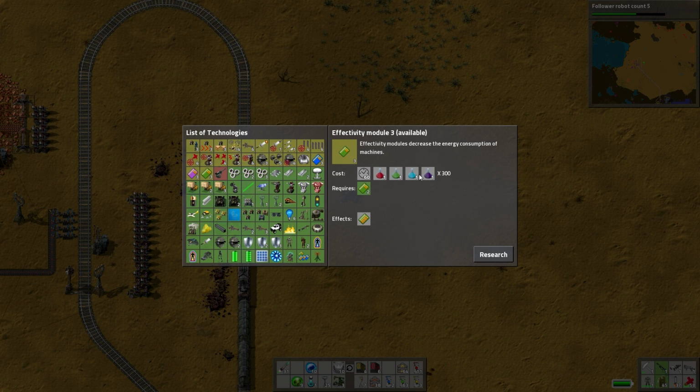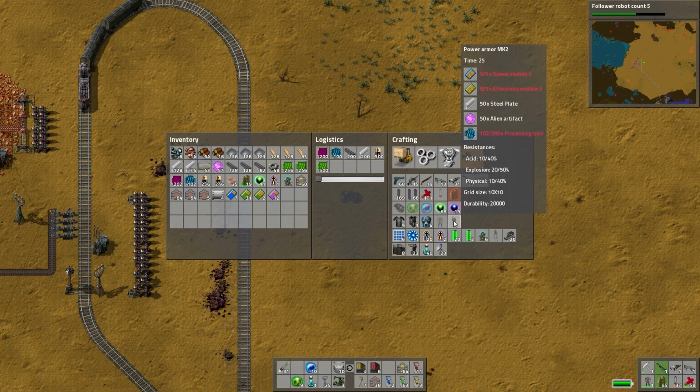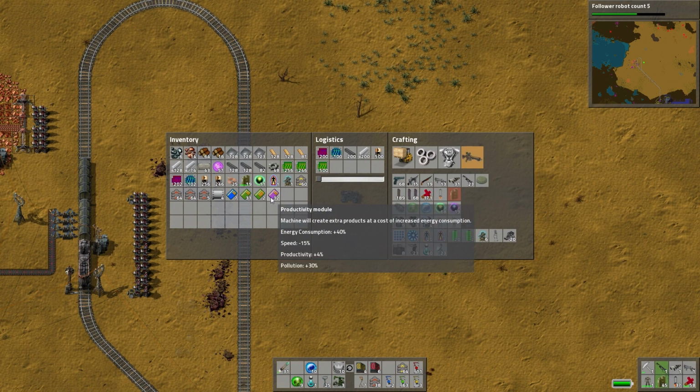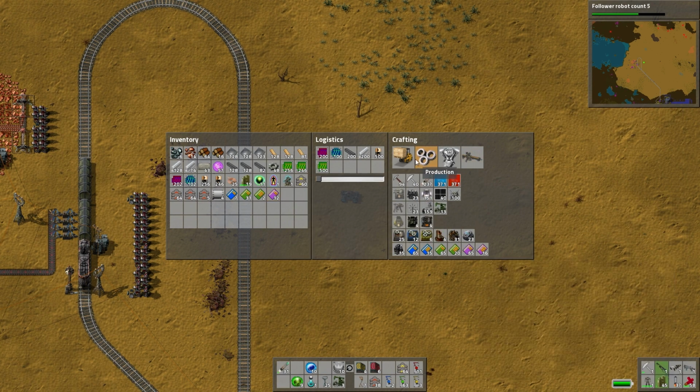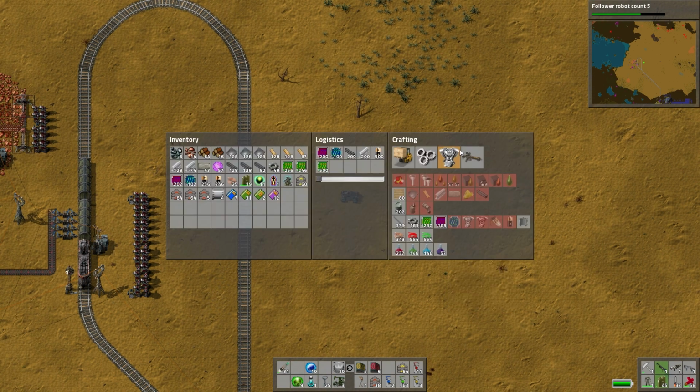They require a ton. 300 alien research. Actually, I'm going to do productivity first. I don't even need productivity. Well, see, because if I use productivity, then I can put those into the constructor that makes the purple potions. And instead of getting, right now we're getting 12 science packs per artifact on average. I think if I got